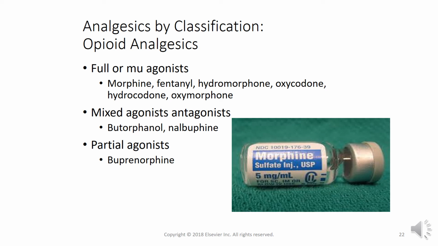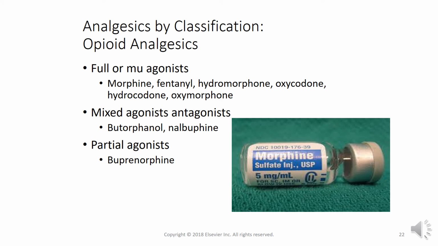So we've talked about 3 types of analgesics by classifications. We've covered non-opioid analgesics, which are Tylenol and NSAIDs. Our second type to discuss is opioids. So what are opioids? Opioid drugs work by binding to